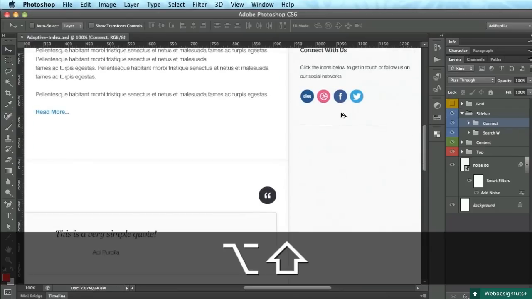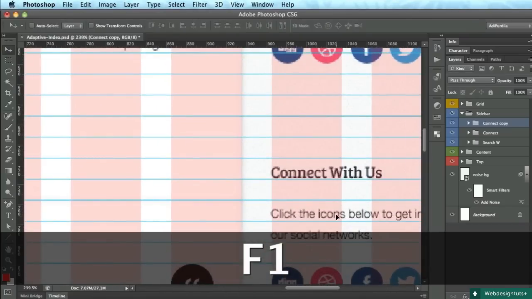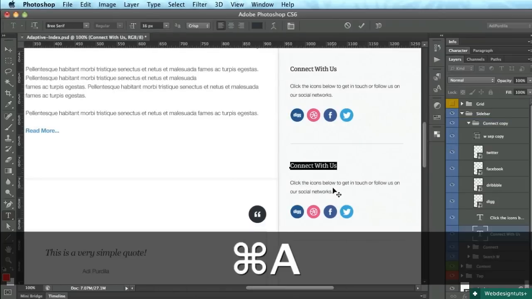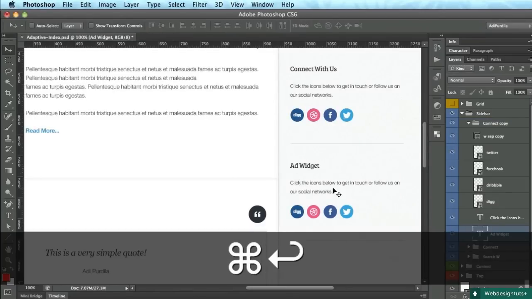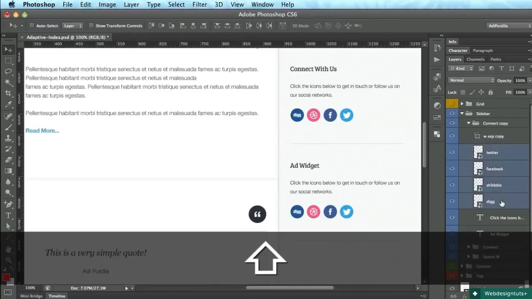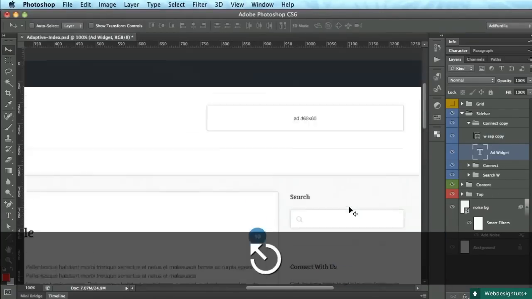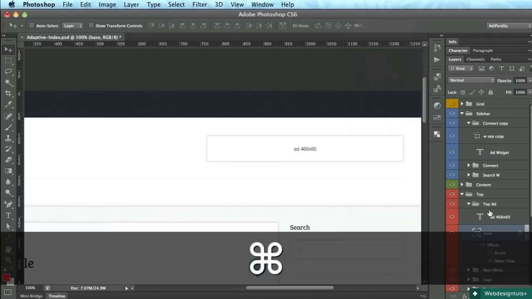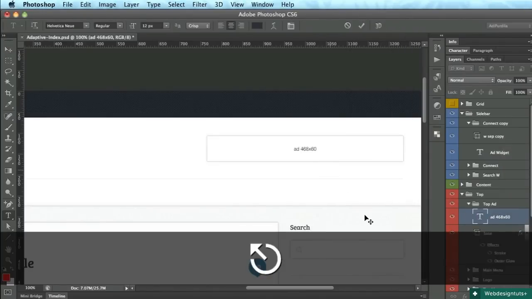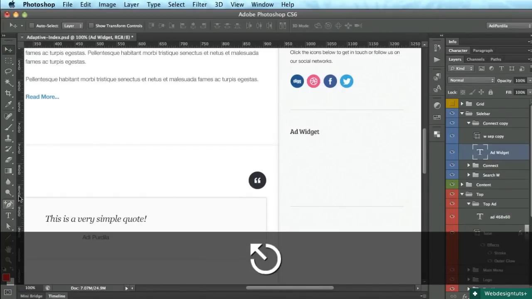So we'll make a new one. Okay, something like that. We'll call it ad widget. Get rid of these and get rid of this. Go here. We're going to copy the layer style and we're going to copy the text. And we'll make 2